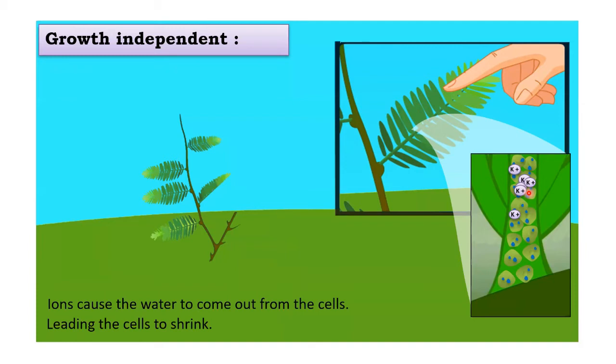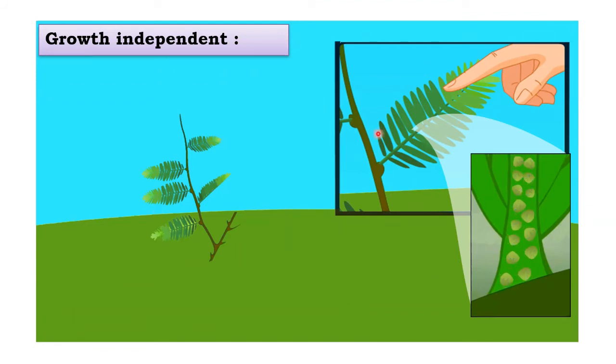Okay, and ultimately since the cells are losing some water, plasmolysis is taking place, and ultimately the cell is getting small in size, or it will be getting shrunken down into small size. Okay, so this is what happens. So what will happen is all of the water or most of the water from the leaves will be coming out, and it will be moving towards the branch.